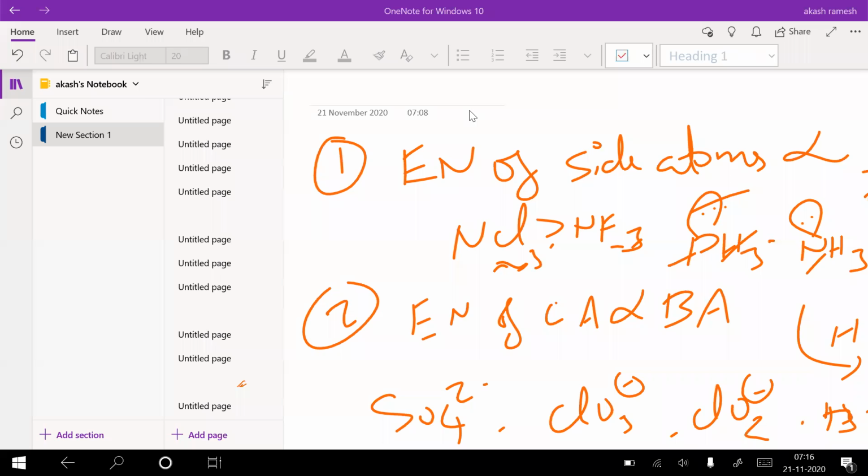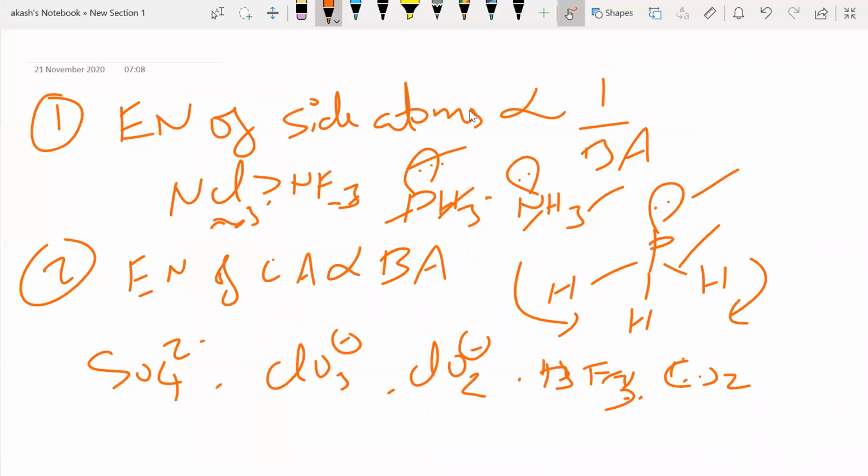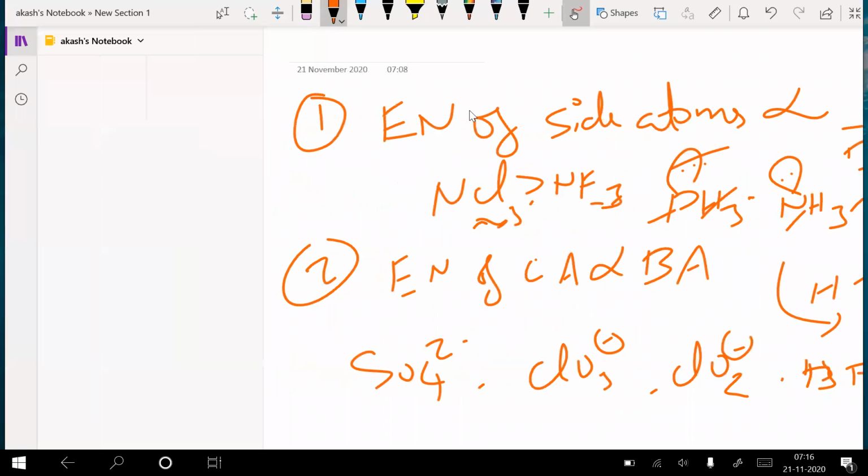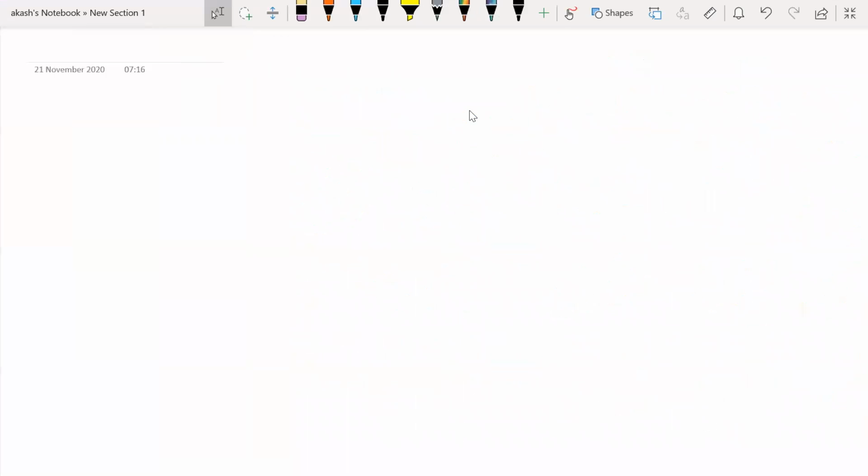So I know what the shape of CO2 is, right? So let me make a page maybe. If you look at CO2, I know it is going to be linear, is it not? The shape is going to be linear. So obviously, what is the bond angle? Bond angle is 180 degrees. That's the highest, right? So the maximum bond angle among all these five is going to be carbon dioxide, CO2, a 180 degree linear molecule. Okay. Now I'll take them one by one.